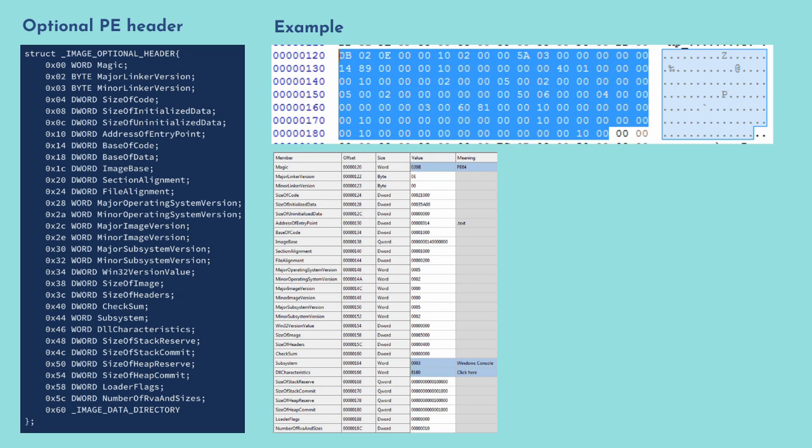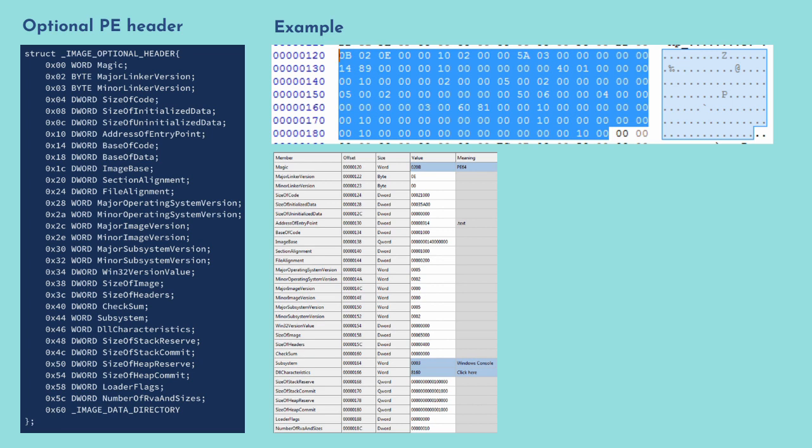As told earlier, for 32-bit it is by default hexadecimal E0 bytes, and for 64-bit it is by default hexadecimal F0 bytes. It can be modified also. The optional PE header contains most of the meaningful information about the executable image, such as initial stack size, program entry point location, preferred base address, operating system version, and section alignment information. We'll check some of the important structures.